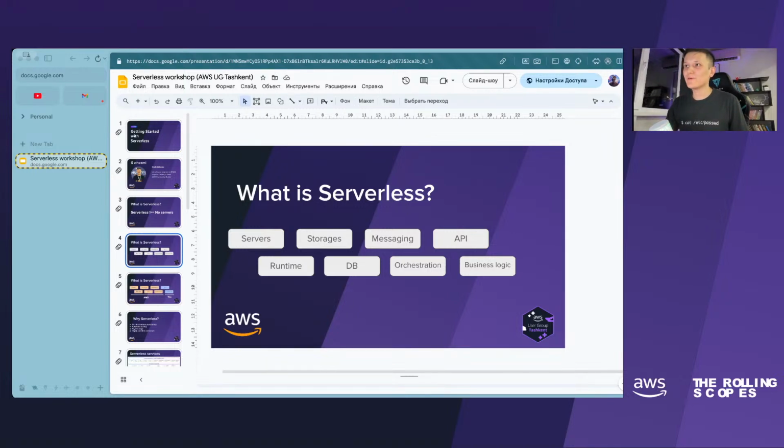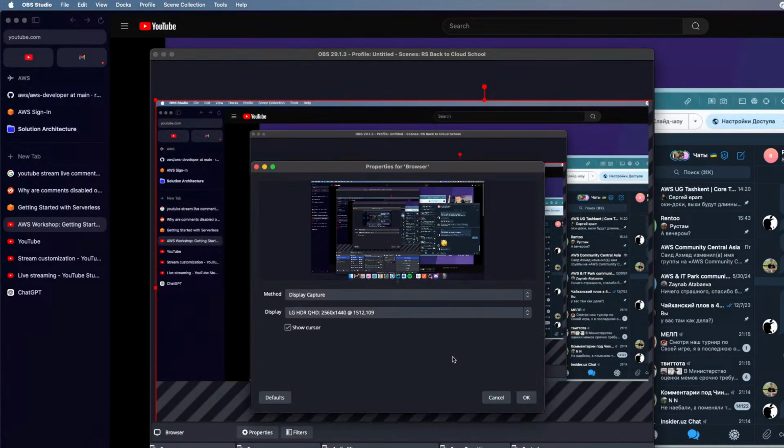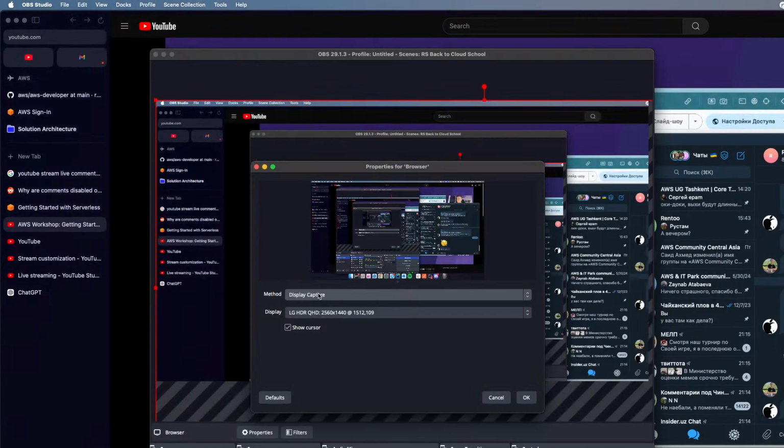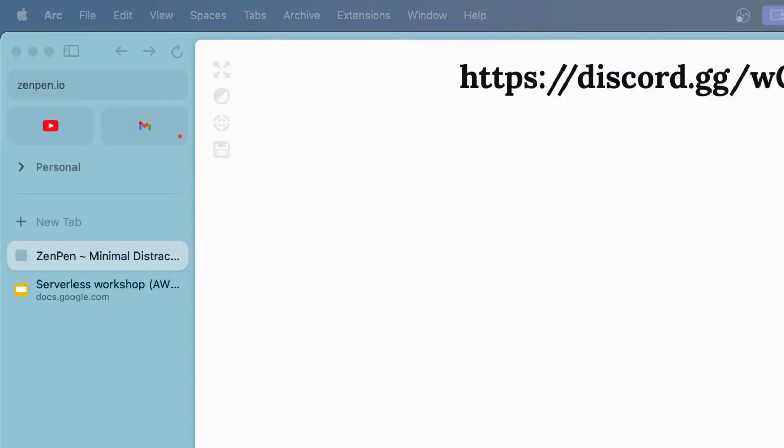But right now the browser is totally frozen. Whoa. Let's do at least this one. Yay.